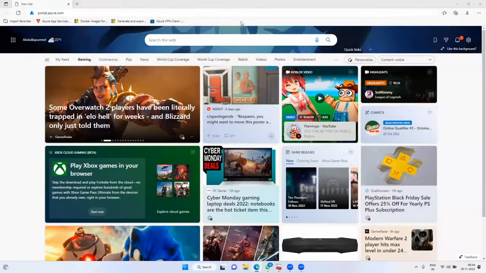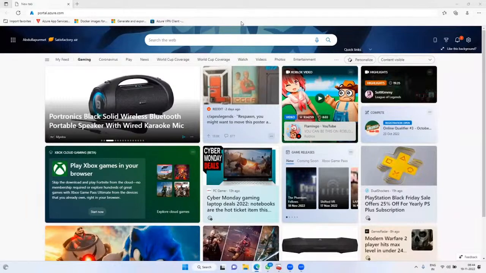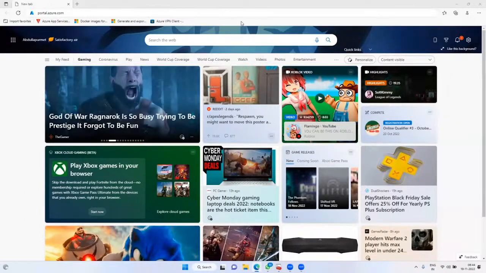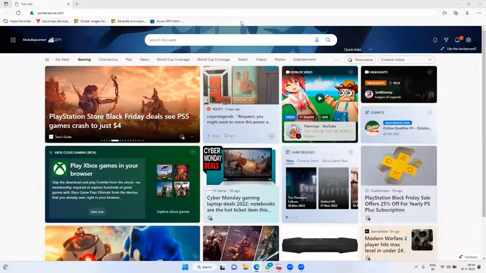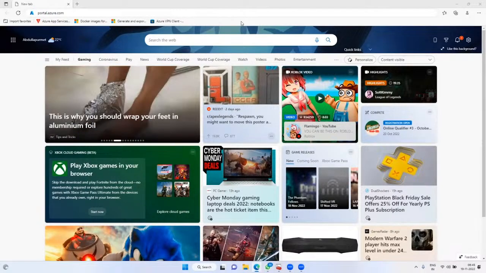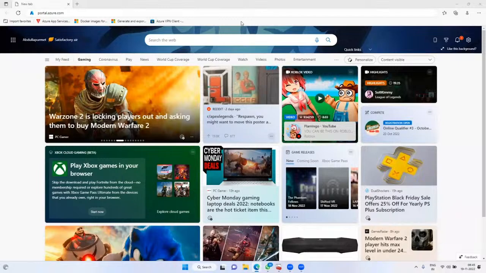Because some people will ask, can we change this URL as per my project or organization requirement? No, even Microsoft people also use the same URL. Every company in the world has to use this URL, portal.azure.com. That cannot be changed.